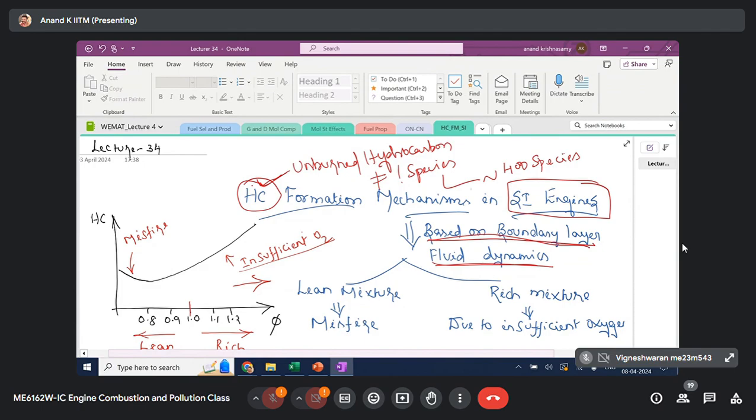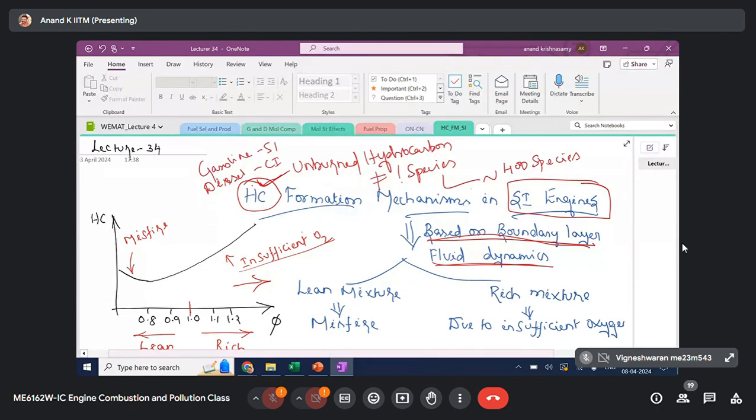Why do we have such a large number of species from IC engines? Sir, because of the presence of a higher number of species in the fuel itself, sir. Exactly. So we burn gasoline in SI engine. We burn diesel in CI engine. We have discussed the molecular composition of gasoline and diesel in chapter 1. They are multi-component mixtures. I said that the number of hydrocarbons in gasoline and diesel can vary between 100 to 1000, such a complex fuel, both gasoline and diesel. So they are mixtures of hydrocarbons.